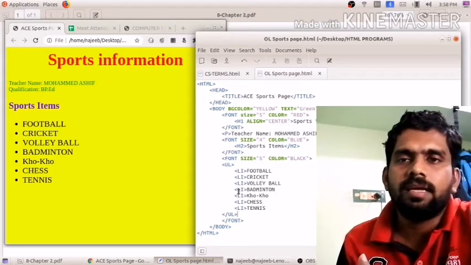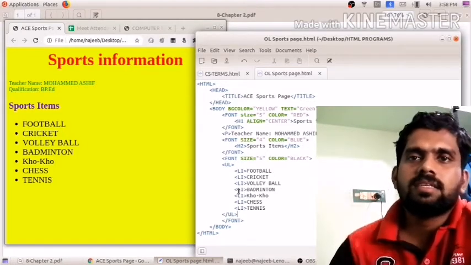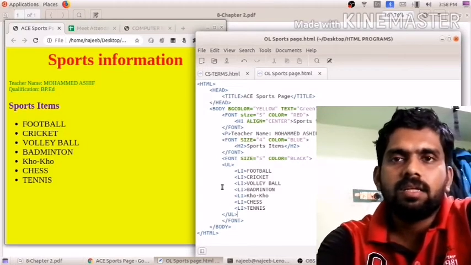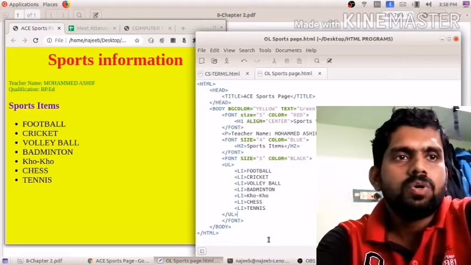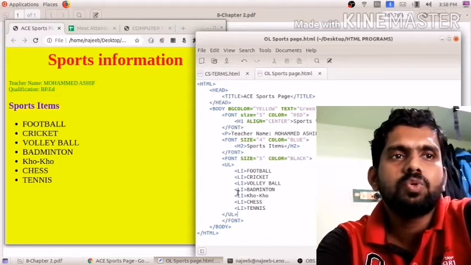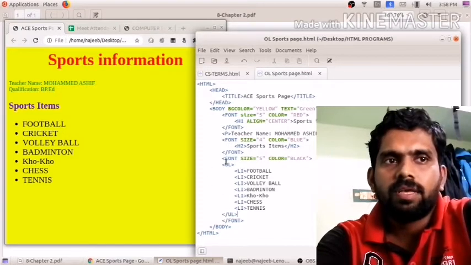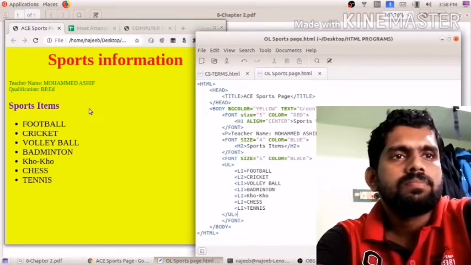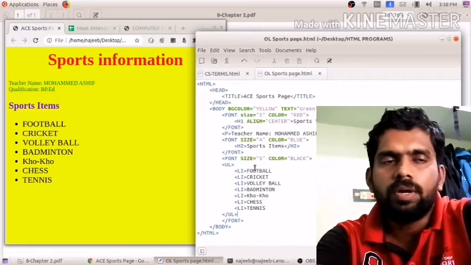Such things can be created by using the OL tag, that is ordered list. So here I am just changing this UL to OL. In the last class we created this type of information, so I am changing it into the ordered list.